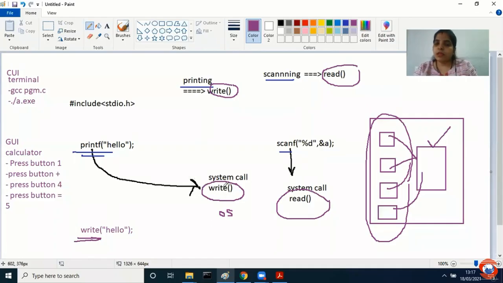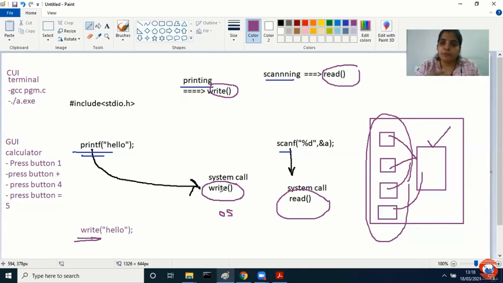Can you please tell me? अब मैंने जो OS का system call use किया write, is it in a direct way or in an indirect way? Obviously, it is an indirect way. Listen carefully to the sentence: in my C programming, the printf function gives a call to the write system call.